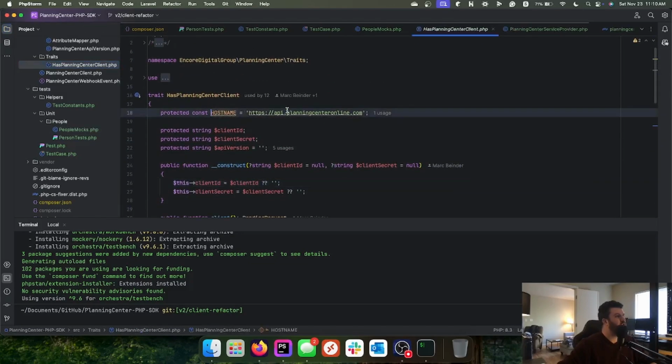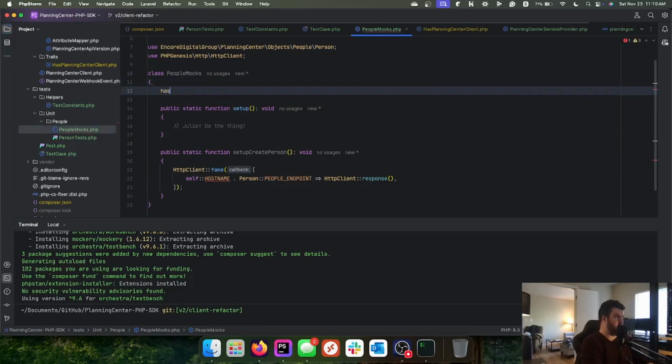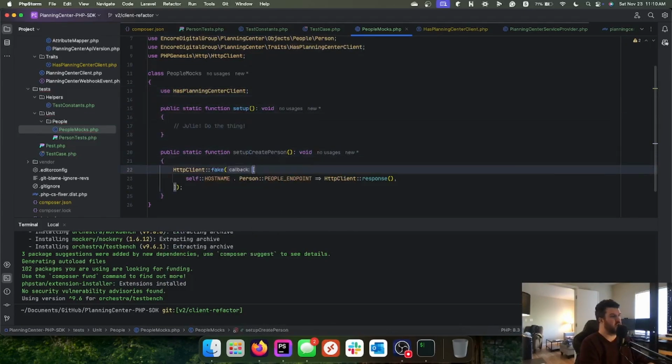Oh, I'm a genius. I already did that thing. I saw that coming from a mile away. Okay. Use HasPlanningCenterClient. Would y'all look at that? Okay, so now